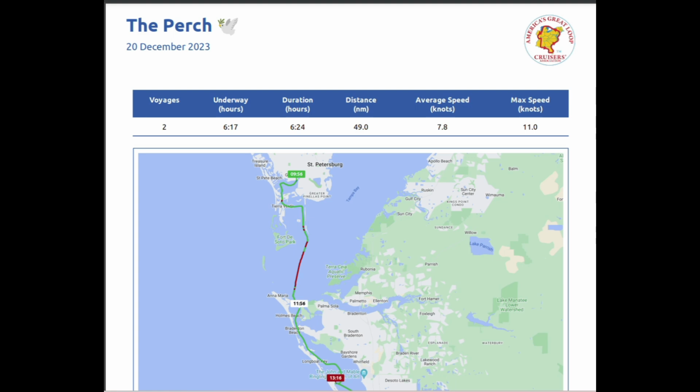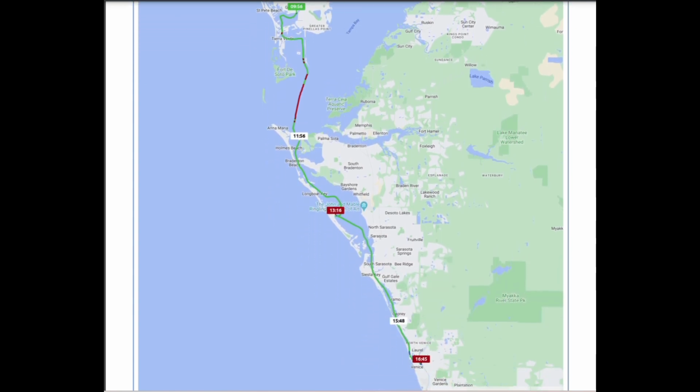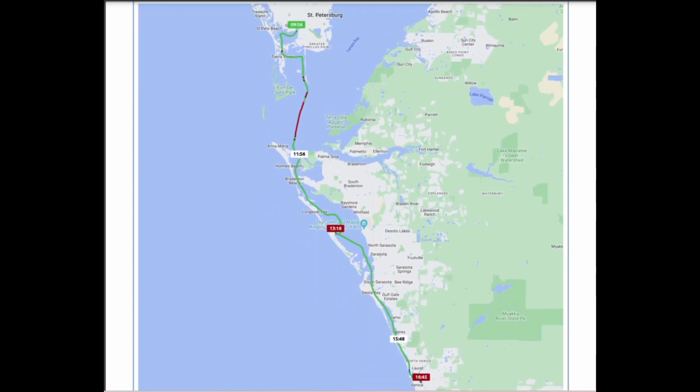There's our stats for the day. We started a little bit later in the day for better weather conditions and did our rundown. There's a good look at the overall path. And this, as I said, would just be an overnight stop. We'll head into